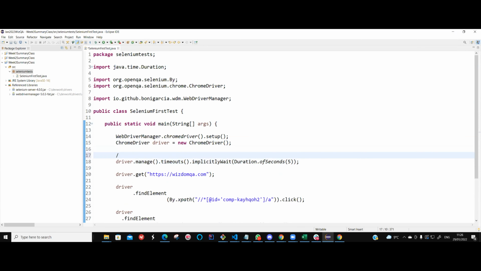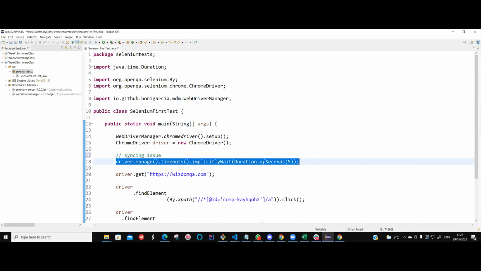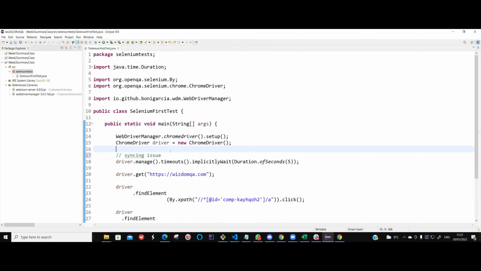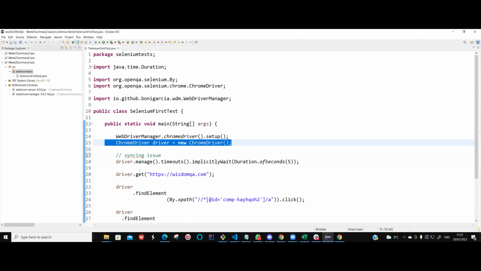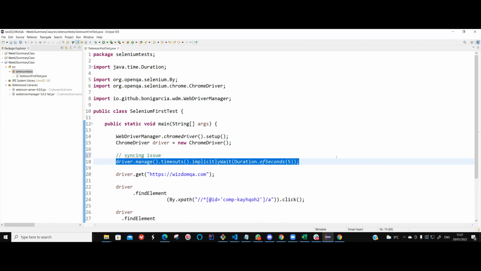This is basically helping us with the syncing problem. I was talking about the syncing problem sometime back when Adi asked me the question of how fast I'm going to get the response, and I explained that syncing problem. So to deal with the syncing issue, I am using this line here. However, it will not make sense to you unless I talk about it. When it is the right time, I will talk about it. But for now, as soon as you are instantiating a WebDriver object, you add this line so that you can stop getting any error message